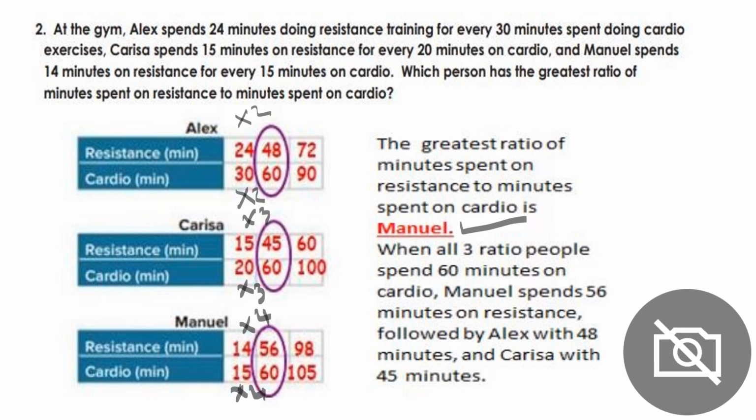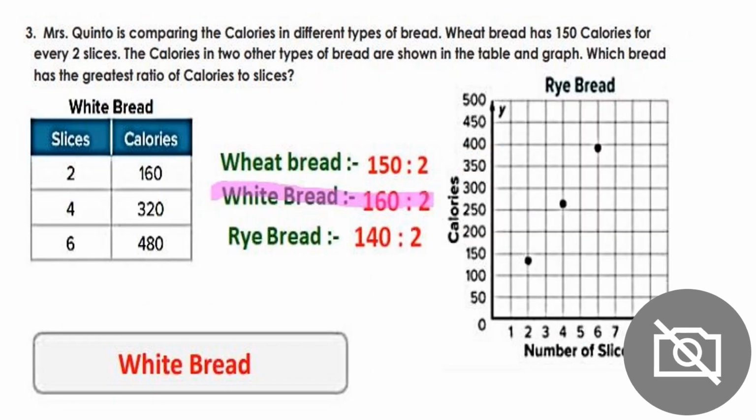So if they give different fractions, then what you have to do is make this into the same fraction, that means with the same denominator, then compare it. Okay, this is just like fraction comparing, but they have given it to you in a table, that's it. See here, they have given you these values, and what you have to do is plot this in the graph grid, and identify which has the greatest